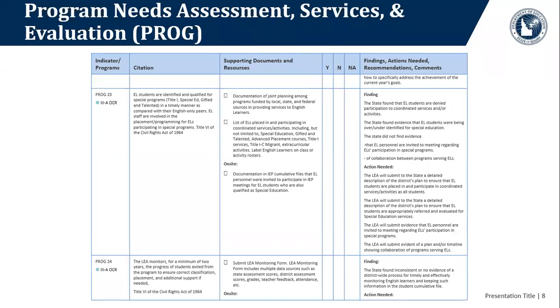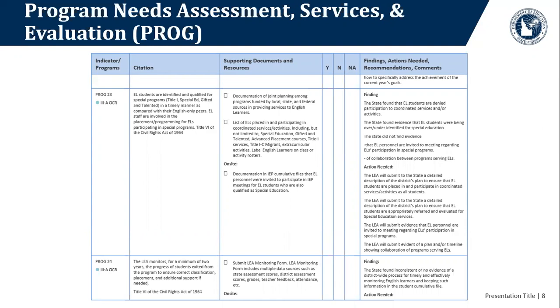Program 24 discusses exited students. So the LEA monitors for a minimum of 2 years the progress of students that have exited from the program to ensure that there's a correct classification, and if there's additional support that is needed, you're finding that in a timely manner. So for program 24, you're going to submit an LEA monitoring form.